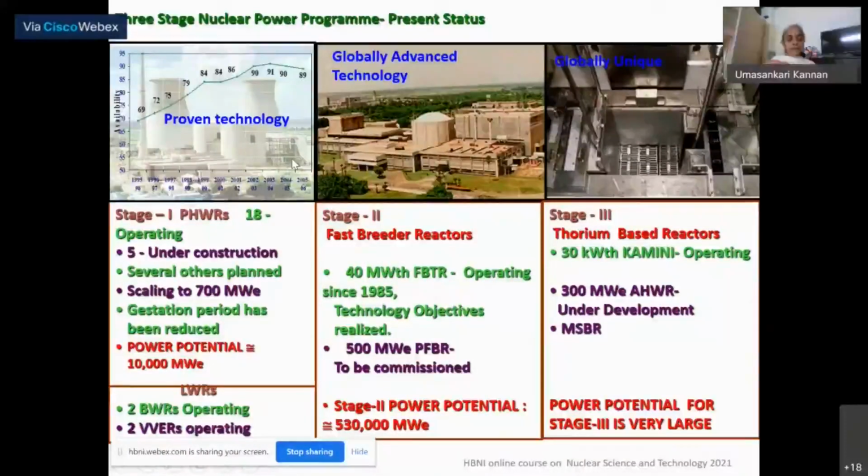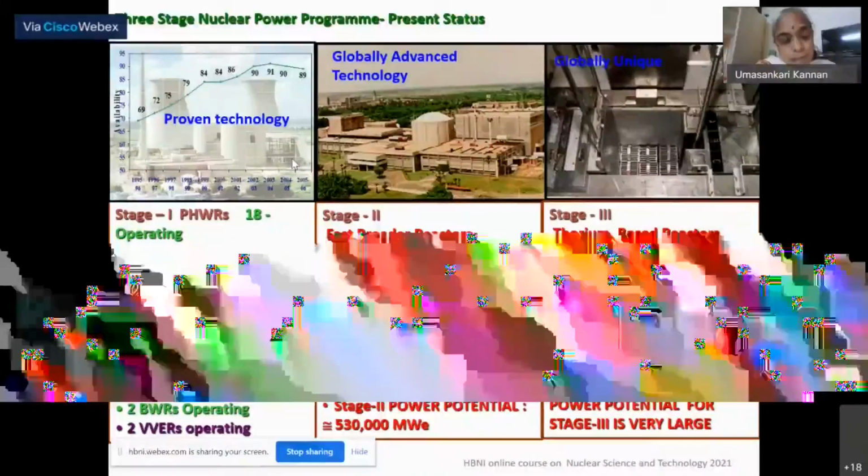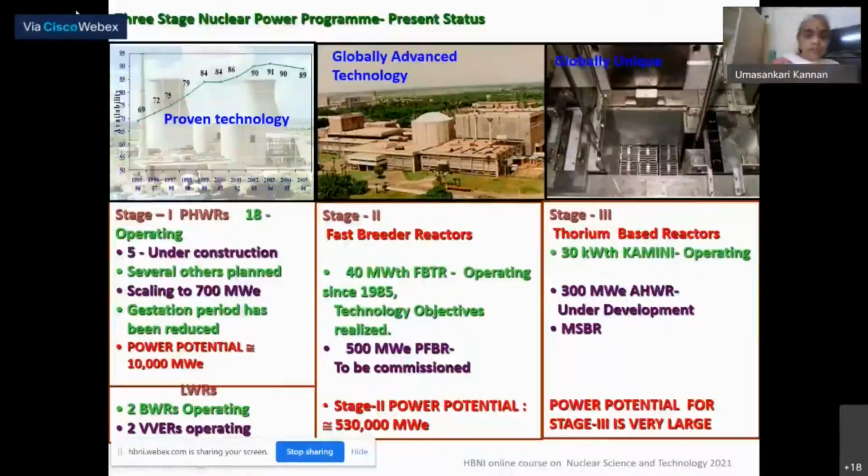So India decided to go in for natural uranium, and I have already told you it can become critical only with heavy water. So we went in for the natural uranium system with heavy water as moderator and coolant. That is why we said that we would go for pressurized heavy water reactors of the CANDU type. And this is a proven technology. We have adapted it, and we have also changed a lot of designs from the Narora version, Narora reactors and so on. Today there are 18 operating reactors.